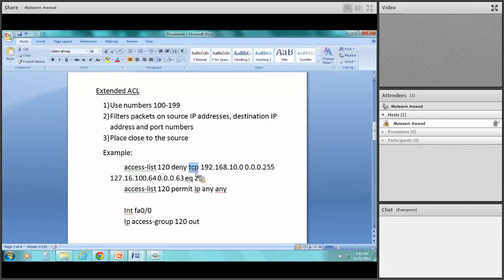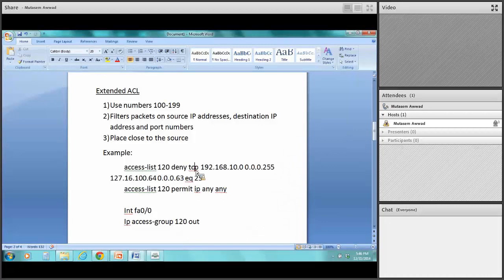Here you can either put the fourth layer protocol, either TCP, UDP, or ICMP, depending on what you're trying to do here. If this is TCP, which is SMTP, this is email, port 25, then you write TCP. If this is going to be UDP, for example, 68, then you use UDP. If you're going to do pinging, then you write ICMP, because that's an ICMP protocol. So you have to write here TCP, UDP, or